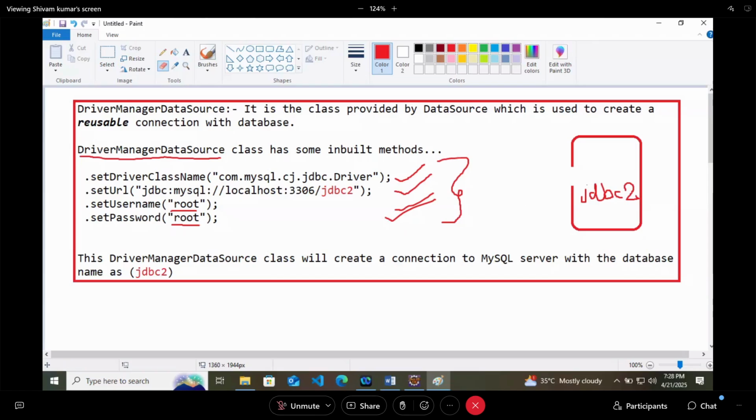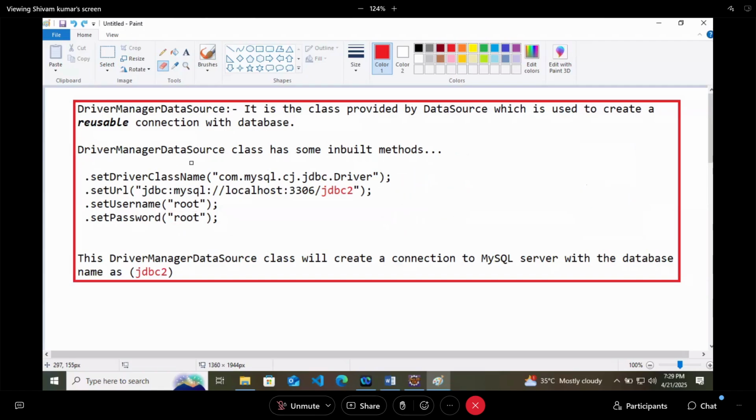Now, if someone is using you, they can insert or perform CRUD operations inside the database. Why? Because this DriverManagerDataSource has a connection with the database.